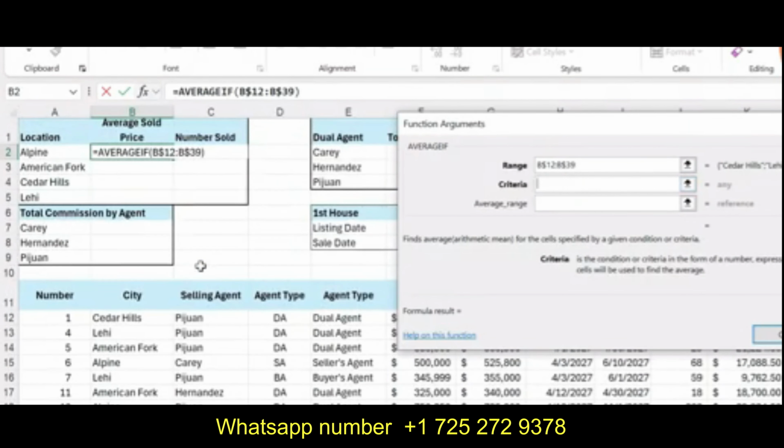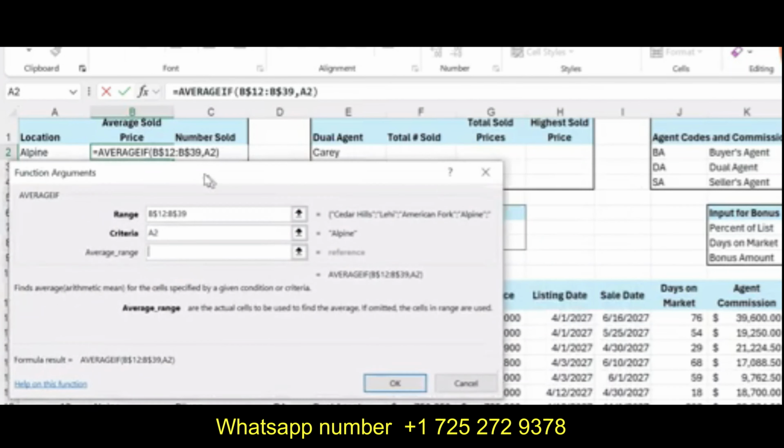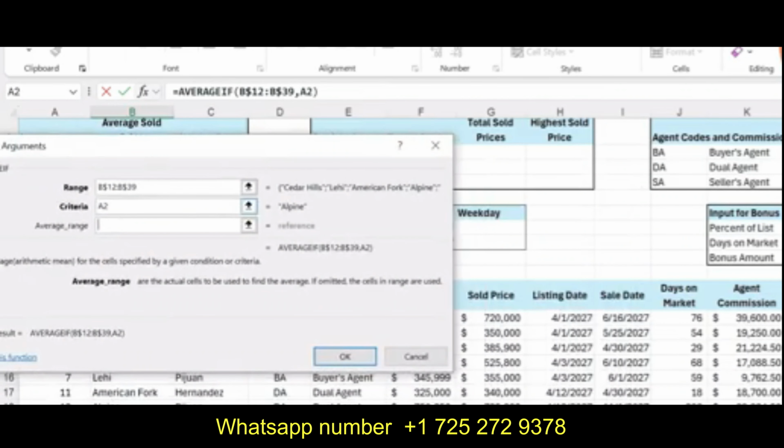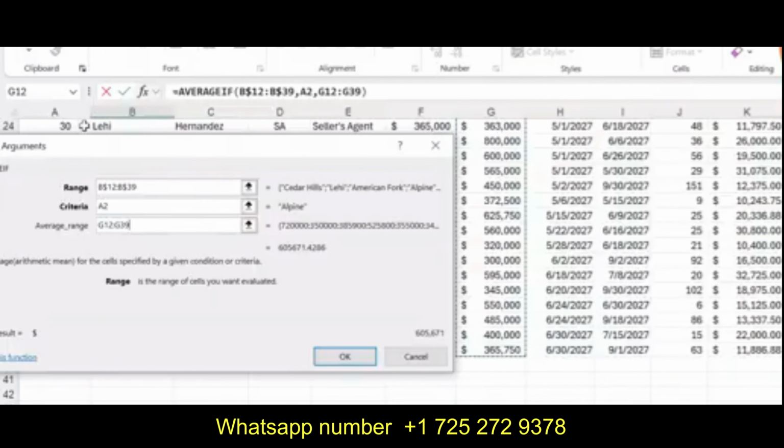Now our criteria is Alpine City, that is cell A2, because we are going to calculate the average sold price for the Alpine City. So our criteria will be A2. Now for the average range, we are going to calculate the average sold price, so it will be the sold price column, starting from G12 up to G39.